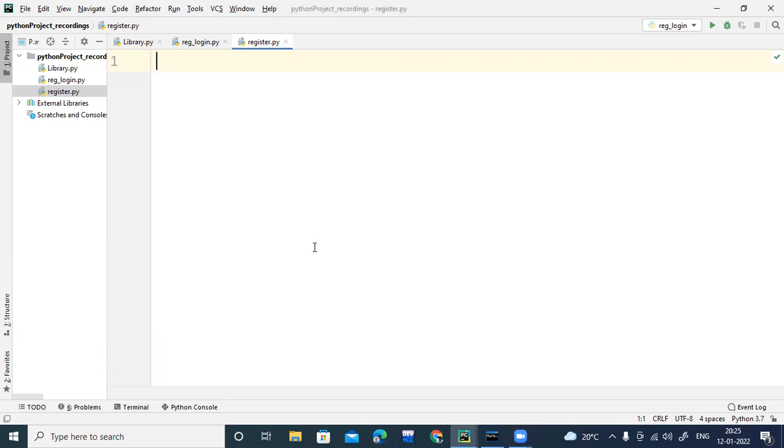So in today's class, we are seeing how to develop a normal registration form using the Tkinter concept in Python. Already you guys are aware of the GUI module in Python. I'm using the same module to develop one registration form. I'll show the layout to you first, how the form will be looking like.